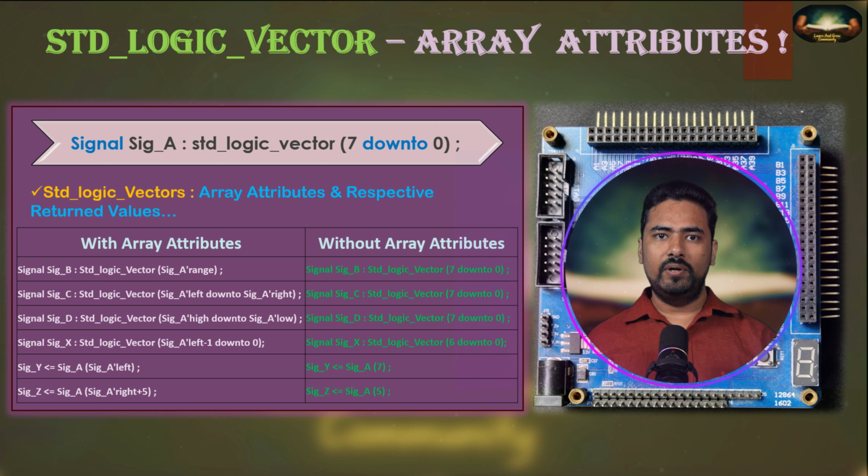So this is again the same as if you write signal sig_C : std_logic_vector(7 downto 0);